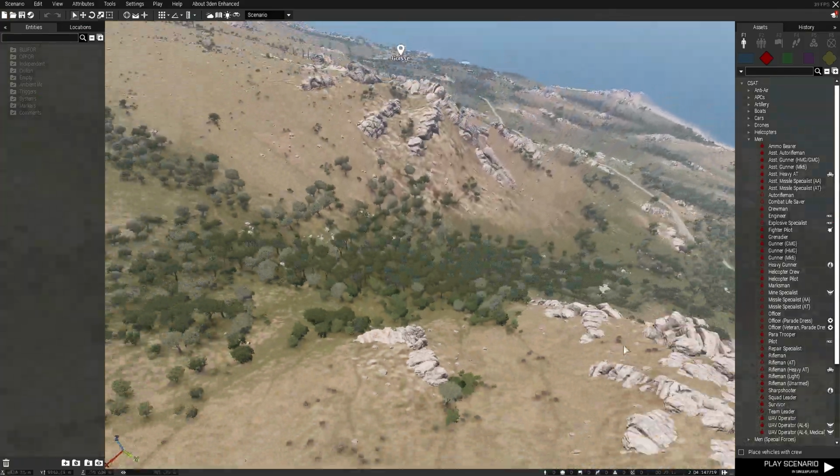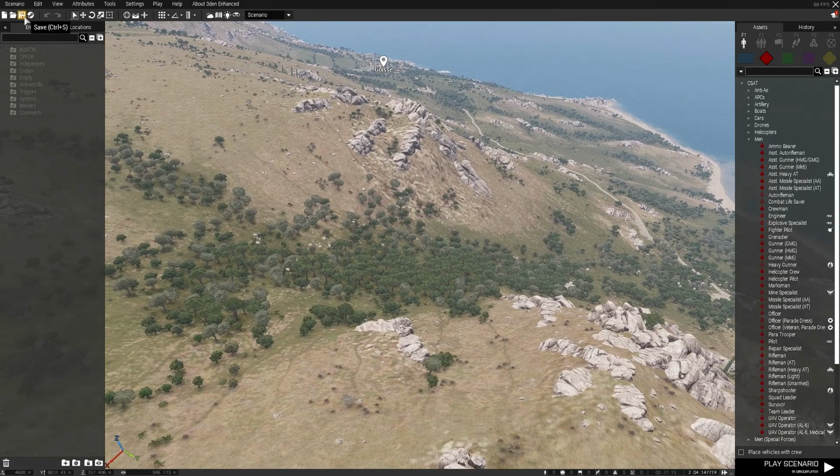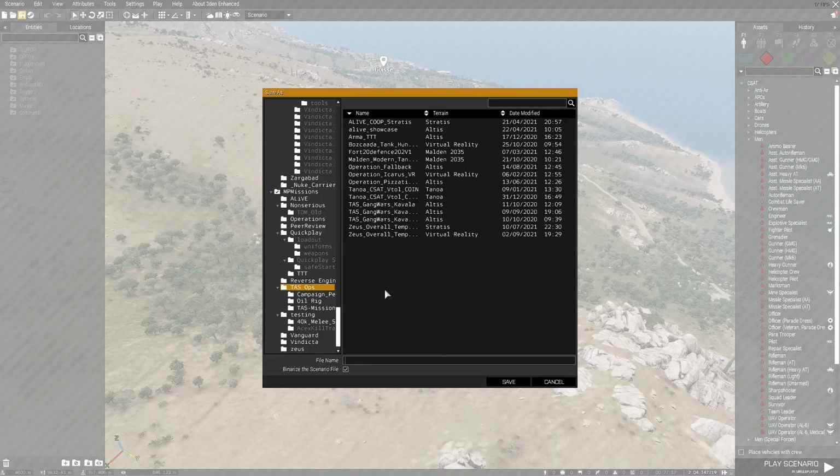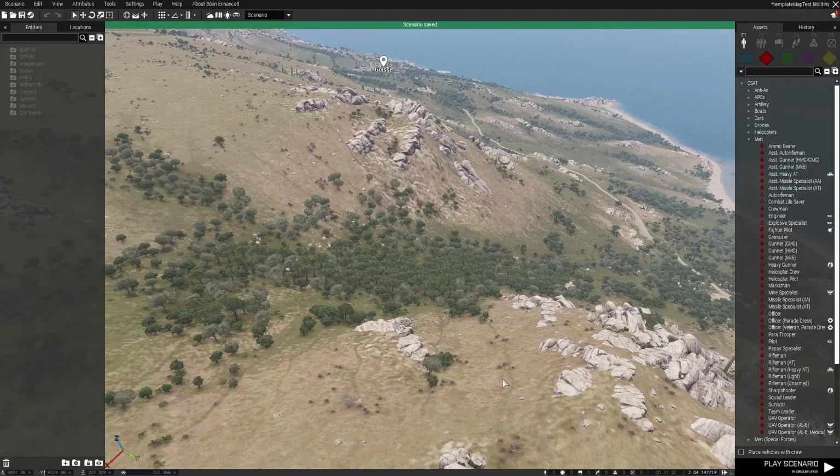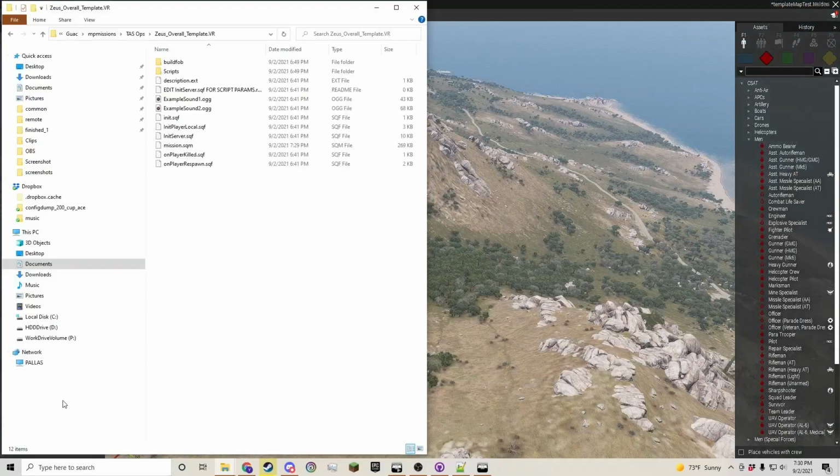And then just immediately once you've loaded the map, go ahead and save it. You don't need to do anything special, we just need to see the file name. So I'm going to save mine as template map test, we'll call it. So we save that, and then we're going to go back into our mission files that we did in init.sqf